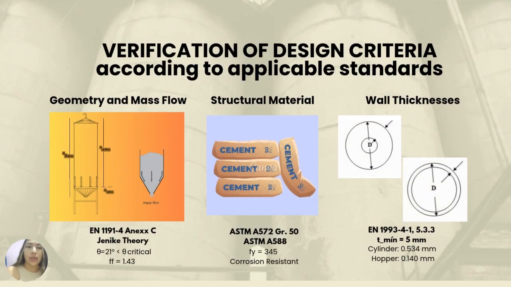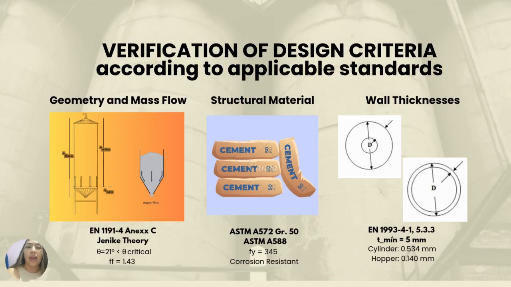Verification of design criteria according to applicable standards. The silo design is based on a robust international regulatory framework, organized into five categories. First, the European EN standards governing structural design. For geometry and flow, we applied Eurocode 1991-4 and Jenike theory, confirming that the 21-degree hopper angle guarantees mass flow. This establishes how to calculate silo loads and size steel structures, complemented by ISO 11697 for bulk material loading methodology. Second, the American ASTM standards